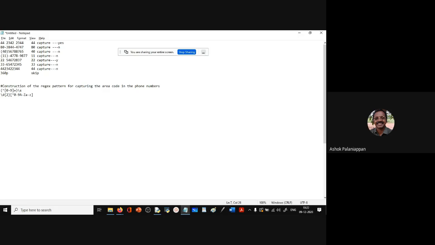So again, no. This one will be skipped because it starts with a number, ends with a space and only numbers should be there. This one is correct. This will be skipped because there's a letter here.